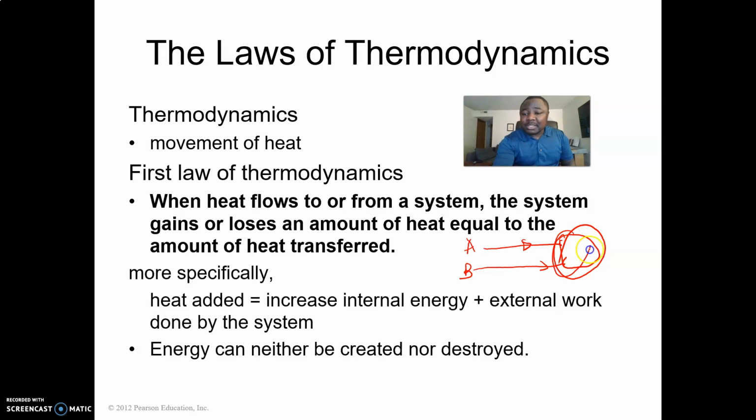So for this particular object, if A is entering and B is also entering, and what is actually leaving this system is C, we are saying that A plus B should be equal to C for the first law of thermodynamics. More specifically, if you add heat to the system, 2 things are going to happen. It's going to increase the internal energy of the system, and it's going to cause that system to do external work. So let me put this as D. D will represent the energy of this system, and C will represent the work that is done by that system on the environment. So that is generally a statement of the